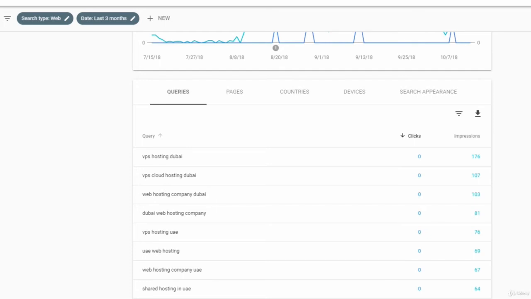In the search queries section, you can also see the number of impressions and the number of clicks, which gives you an idea about CTR for this keyword. All else being equal, a high CTR means the keyword is relevant, so you might want to invest some more effort in this keyword. However, if you notice that as a result of your efforts CTR goes down, it is best if you do not touch the keyword anymore.